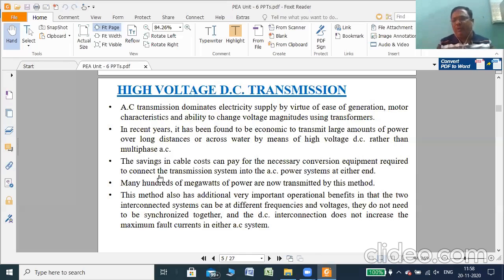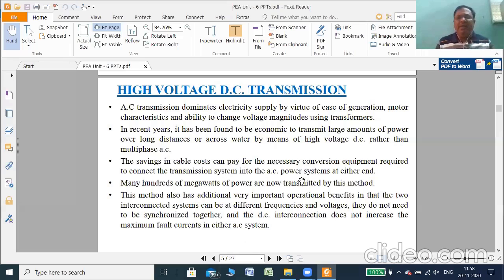AC. So what will be the frequency of AC input and what will be the frequency of output, that is, the receiving station? That frequency may differ, and that is the major advantage of this DC transmission system. Okay, so this is the overall layout